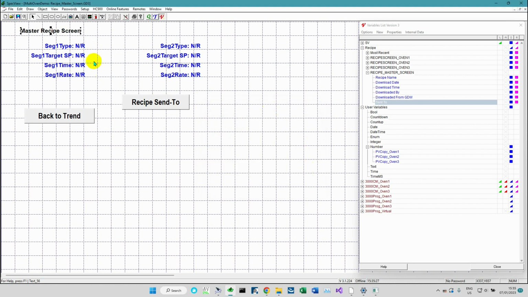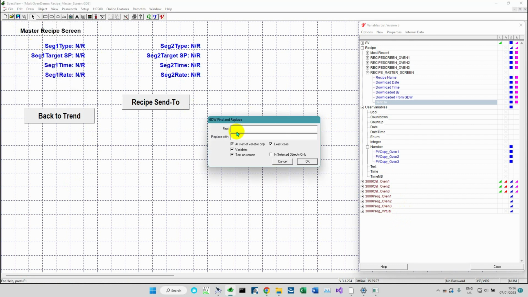Okay. Now at the moment these parameters in recipe are, as you can tell from down here at the bottom, still to do with 3000 prog underscore oven 1. So I want them to point to the virtual instrument. So I am going to use edit replace to replace basically underscore oven 1 with underscore virtual, and I am not going to do it at the start of the variable because it's actually at the end of the variable,